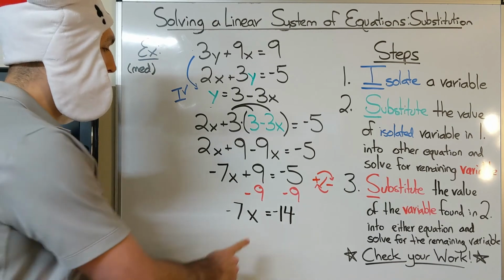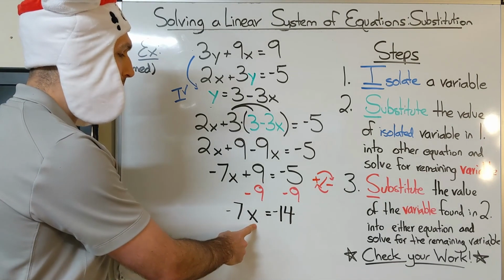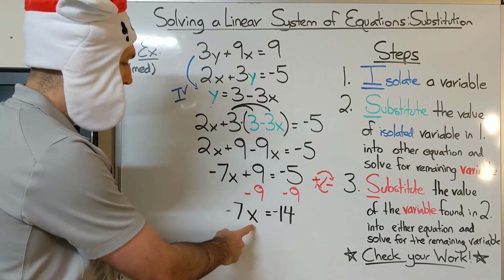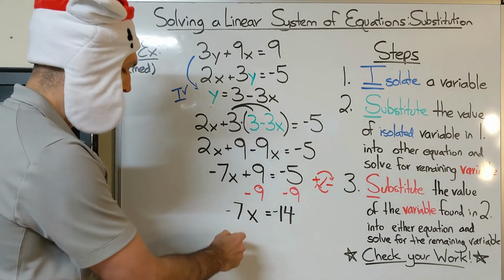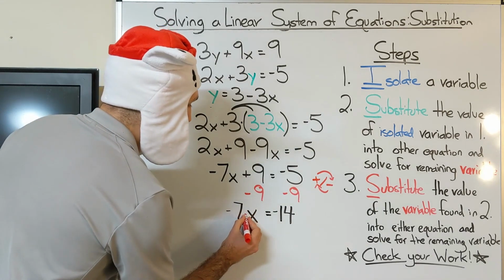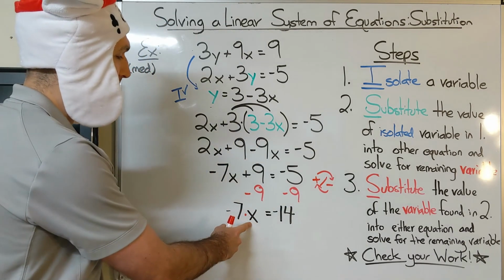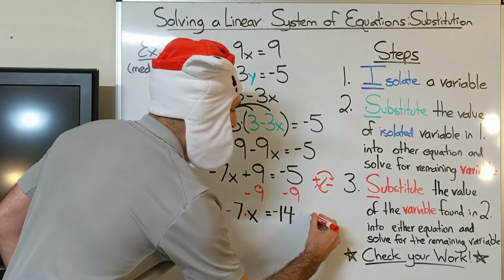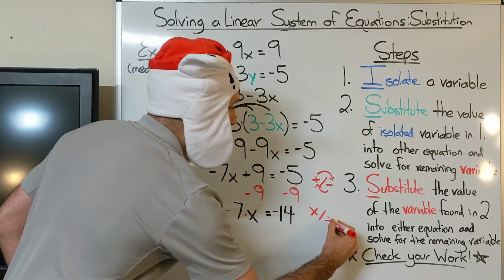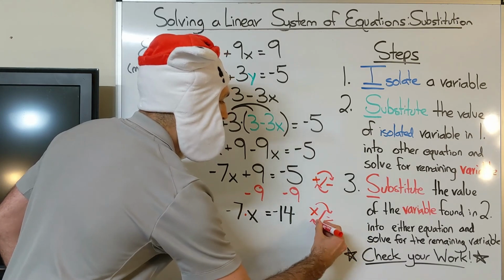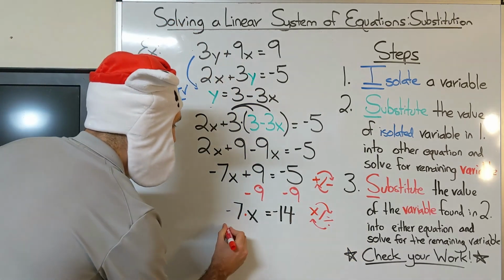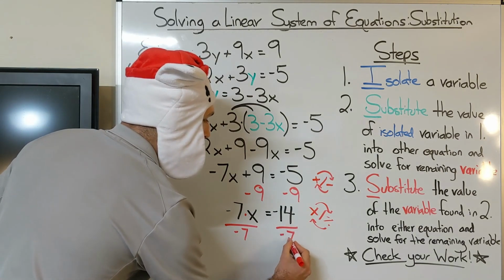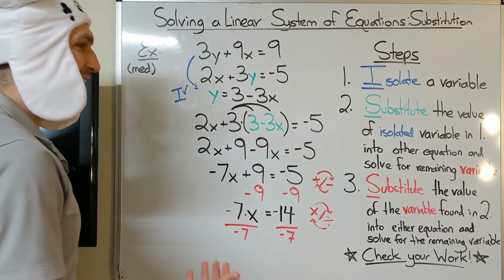Then finally, I'm very close to having x isolated, but there's a negative 7 in front of it. Now this isn't x minus 7, it's negative 7 as a coefficient times x. So to get that x by itself, because it has a coefficient which multiplies that variable, we need to do the opposite of multiplication. We need to divide each side by that negative 7. So I'll divide negative 7x by negative 7, and I have to divide the other side by negative 7. And I finally end up with